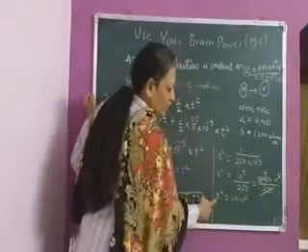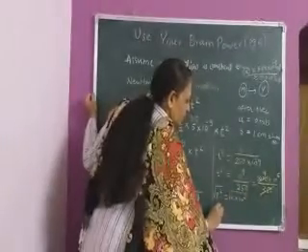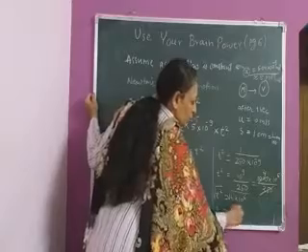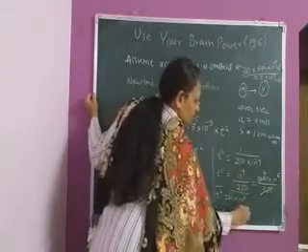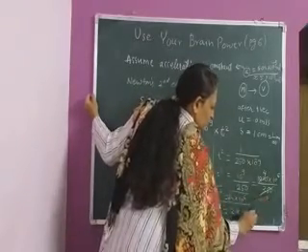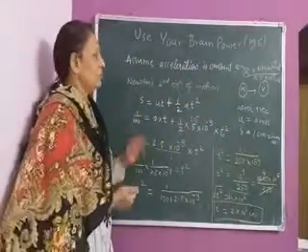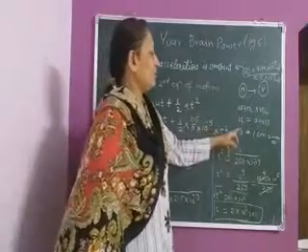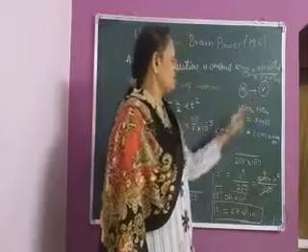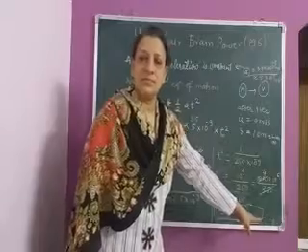We have to find out the value of T, so we will take the square root of this. T equal to square root of 4, which is 2, and 10 to the power 6 will become 10 to the power 3. And the time required is 2 into 10 to the power 3 seconds. So after 1 second, for moving 1 centimeter distance, Mahendra will take time 2 into 10 to the power 3 seconds. That's it.